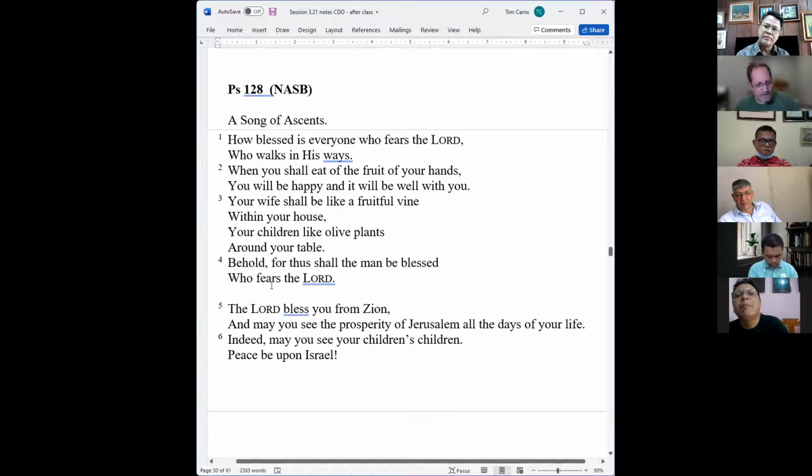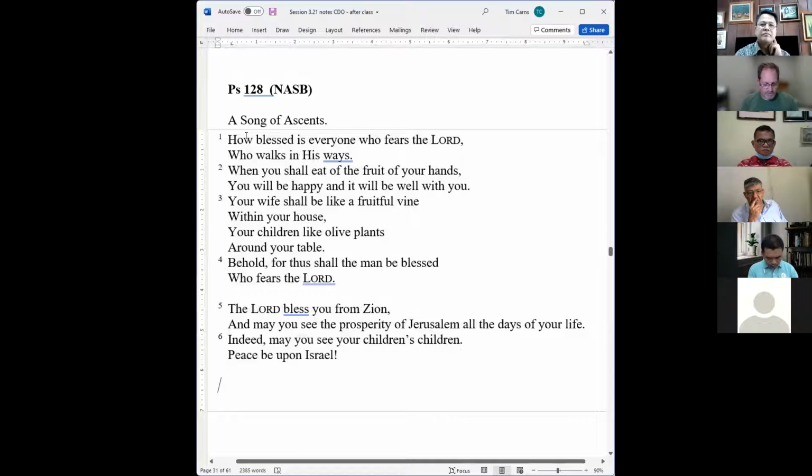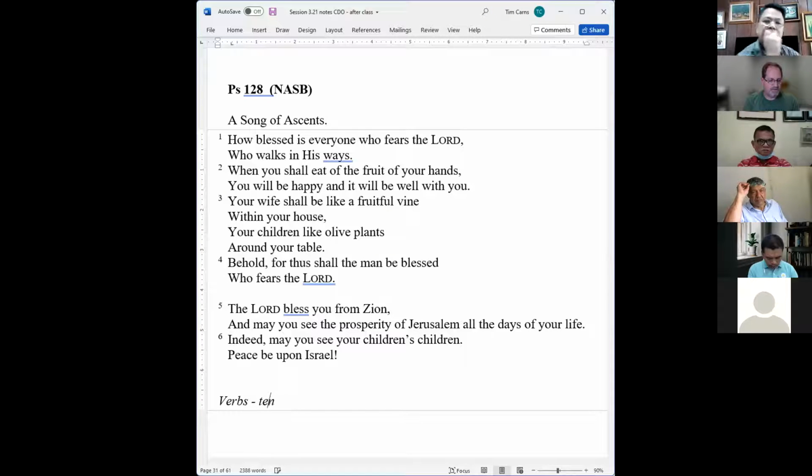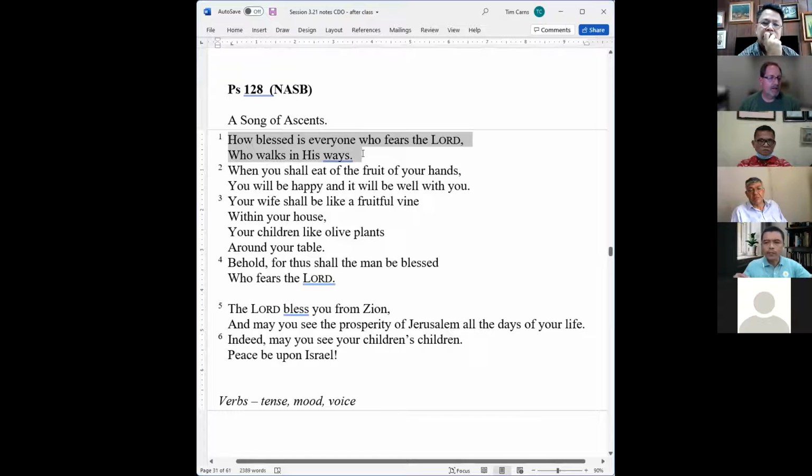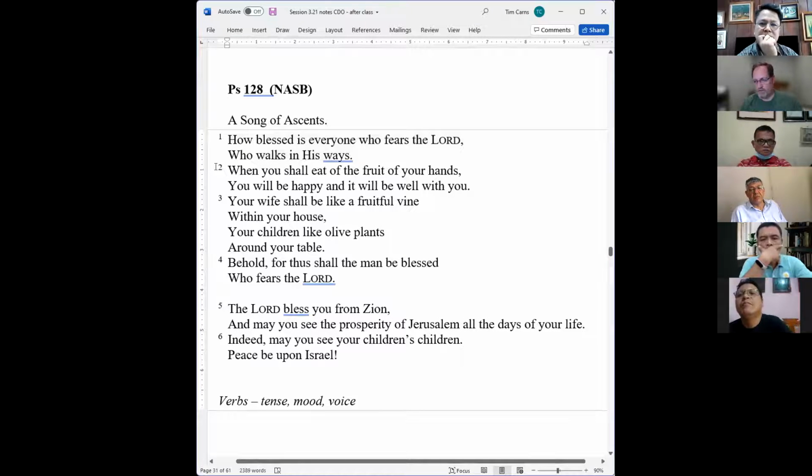So what I want to do is take a little time and do one of those things right now. We'll do the verbs. I'll give you a few minutes on your own. We'll go through this passage and identify the verbs, and then identify the tense, mood, and voice. Just look at verse 1. What are the verbs in verse 1? And once you identify those verbs, what is the tense, mood, and voice? All right, I'm going to give you a few minutes to do this on your own, and then we'll come back together. First, I'm going to have Noor